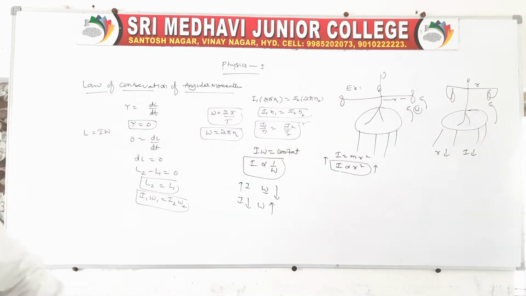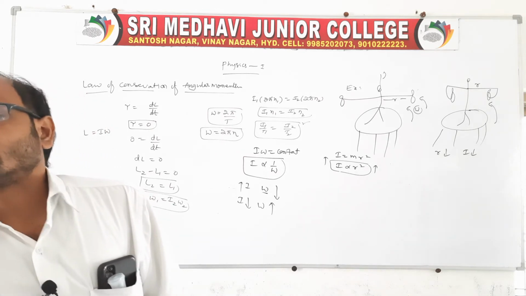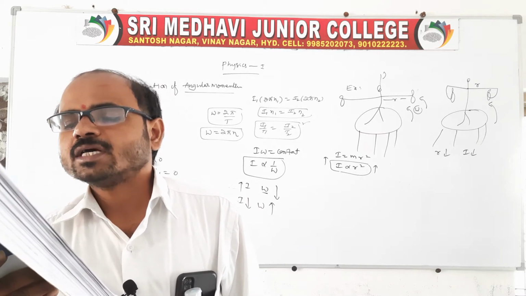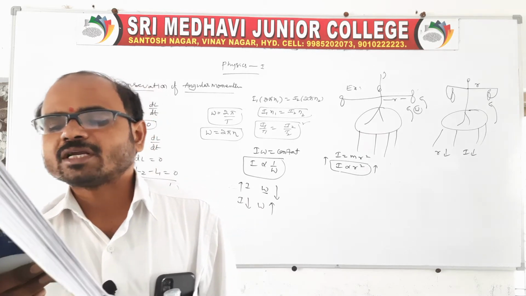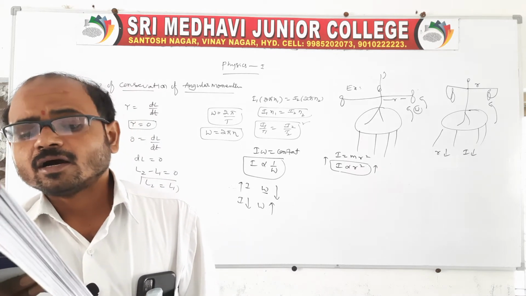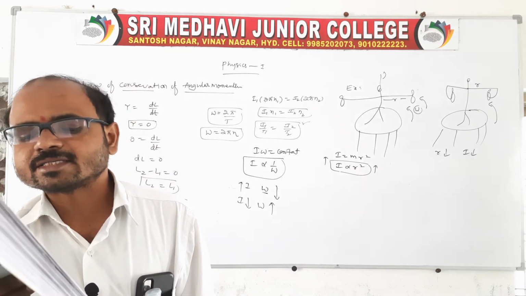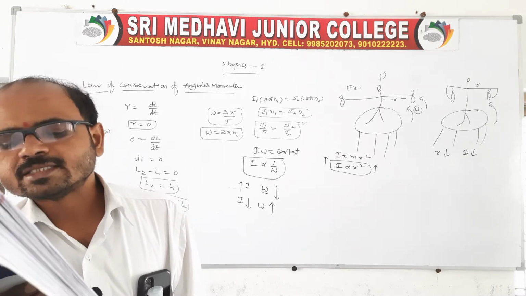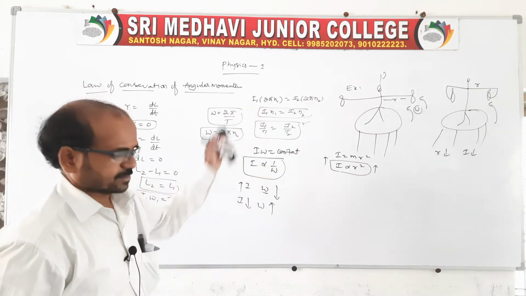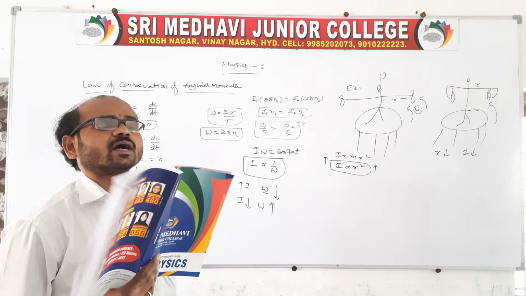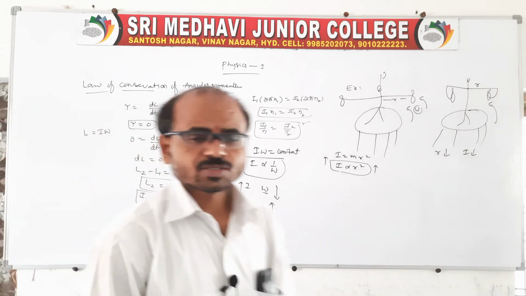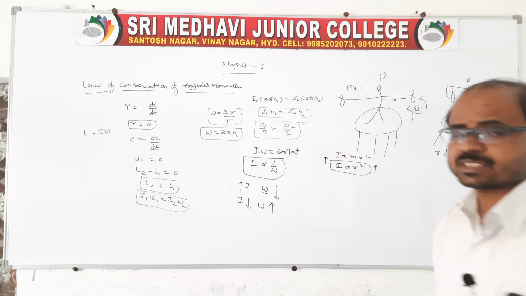In our material, the examples are explained. A diver jumping from the springboard folds his hands and legs inwards. Due to this, angular velocity increases and moment of inertia decreases. And a ballet dancer increases or decreases his angular velocity by folding his arms and stretching legs close to the body. Hence, the angular momentum remains constant. Like that we can say. This is all conservation of angular momentum. Anyone you can explain, no problem. You can explain with any one example. So this is related to the law of conservation of angular momentum.